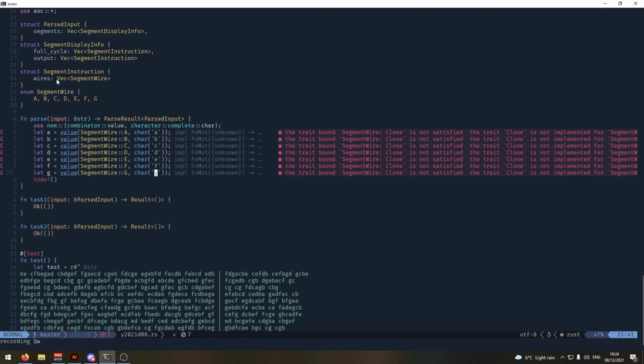And it has just occurred to me that this segment instruction actually can use